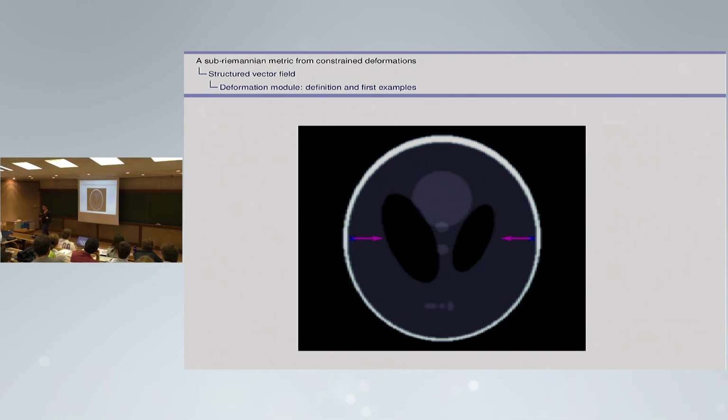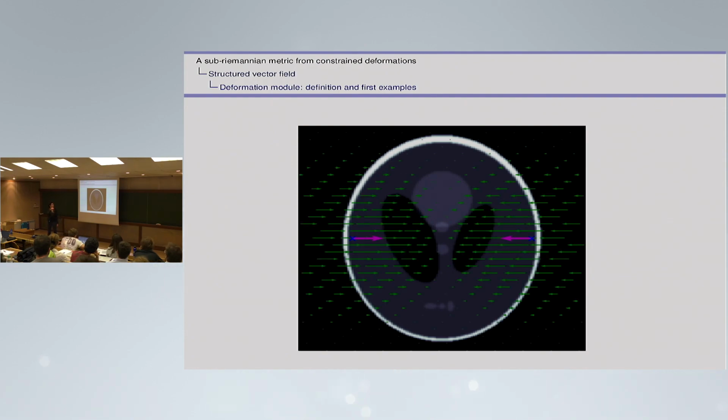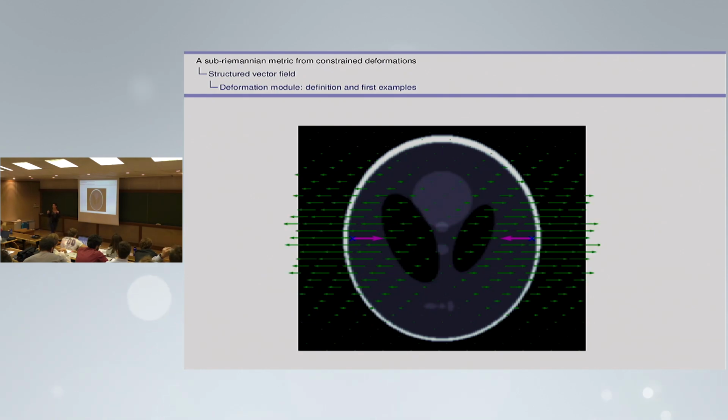A better way is to say, okay, given my 2 points here, I build these purple vectors. That's just a function of my geometrical descriptors. I can build the sum of the 2 local translations. And now I have a scalar variable by which I will multiply this vector field. This scalar variable is going to be my control variable, saying how much I want to use this generated vector field. So if I want to have a more contracting field, I'm going to have a scalar bigger than 1, like this. If I want to have something dilating in the other direction, I'm going to take a negative scalar.